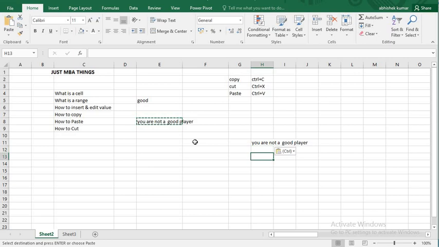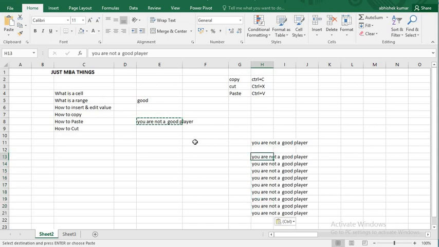If I want to paste it in more than one cell, I can select the number of cells in which I want to paste, and simply press Ctrl plus V. It will be pasted in all the cells. In the same way, let's see what happens if I paste the data after cut, that is Ctrl plus X. Here I will cut the data with Ctrl plus X. Again the data is highlighted, and I want to paste it here in the same column.